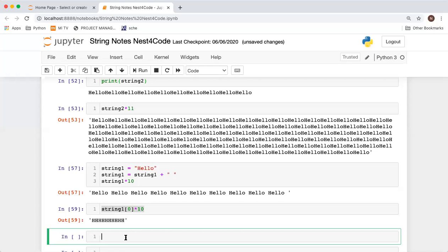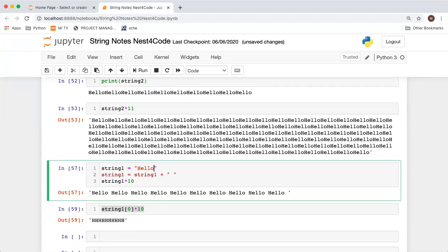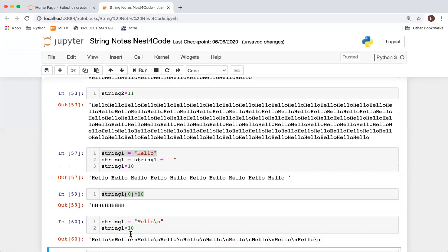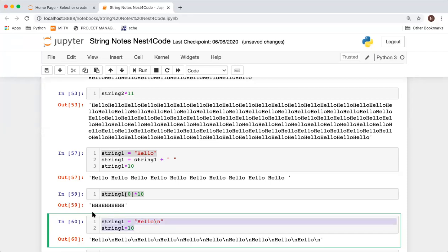Yeah, one method I will also discuss. If you want to go say hello, hello like this, you need to append some next line character. Let us suppose our string was something like this, \n, and then we multiply it with 10, right? Here it will come as \n only, but normally this is a new line character, so it will occur in the next line also, right? So you can use all these special characters. If you run it on some compiler like a command prompt, it should work.